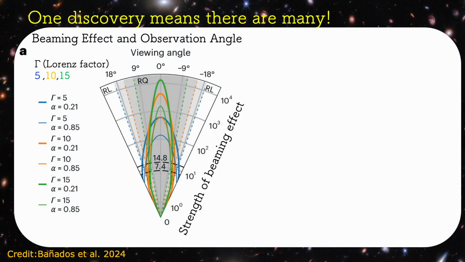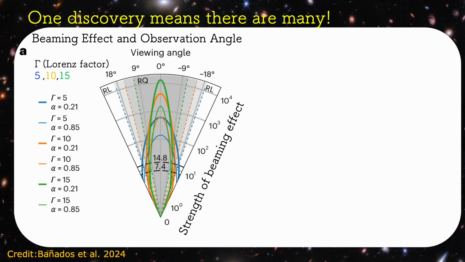Blazars, in particular, can only be observed when their jets are directed almost head-on toward the observer. As introduced earlier, their brightness is significantly enhanced by relativistic beaming effects. However, this effect weakens dramatically with even slight changes in the angle at which the jet is observed. In other words,